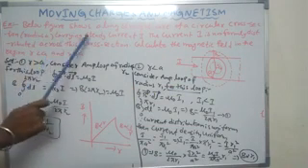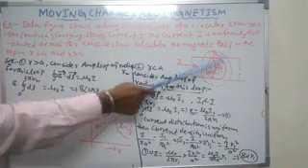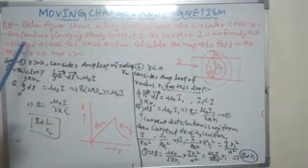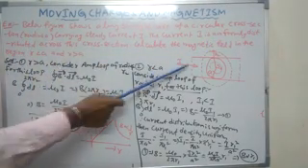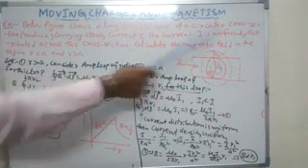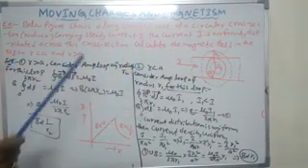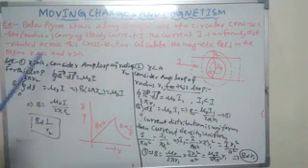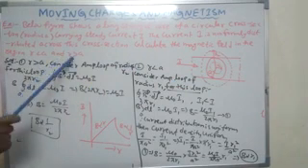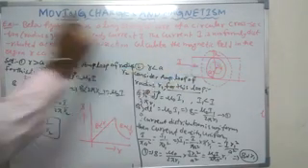And this is carrying a steady current. How much current is flowing through it? Current I is flowing through it. The current I is uniformly distributed across this cross section. Calculate the magnetic field in the region r less than a, which means inside the wire, and r greater than a, which means outside the wire.